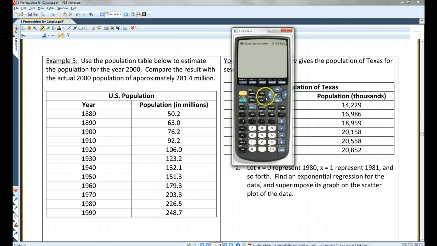The way you create a table is like this. You're going to go to Stat. You're going to go to Edit. This is going to be your X values. This is going to be your Y values. Now, rather than putting in the years, I'm just going to enter in numbers 1 through 12. Okay, so 1, 2, 3, 4, 5, 6, 7, 8, 9, 10,